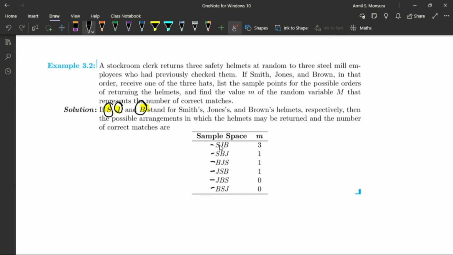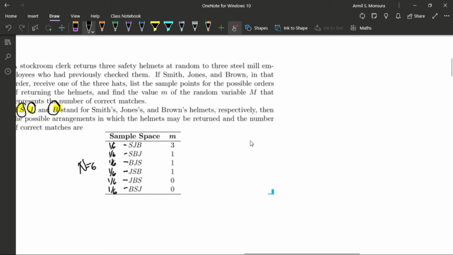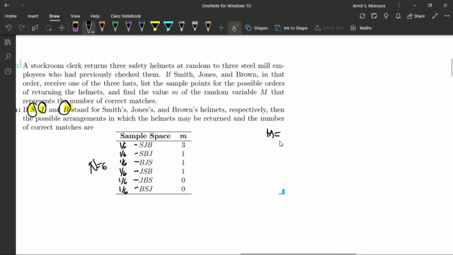So since there are 6 sample points in your sample space, each of the outcomes, or each sample point, would happen with a 1/6 probability. So 1/6, 1/6, 1/6, 1/6, 1/6, 1/6, and so on. Now, if we assume a variable m